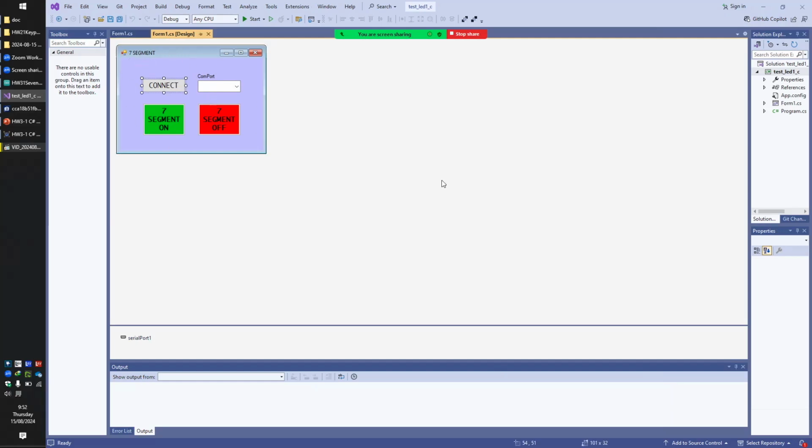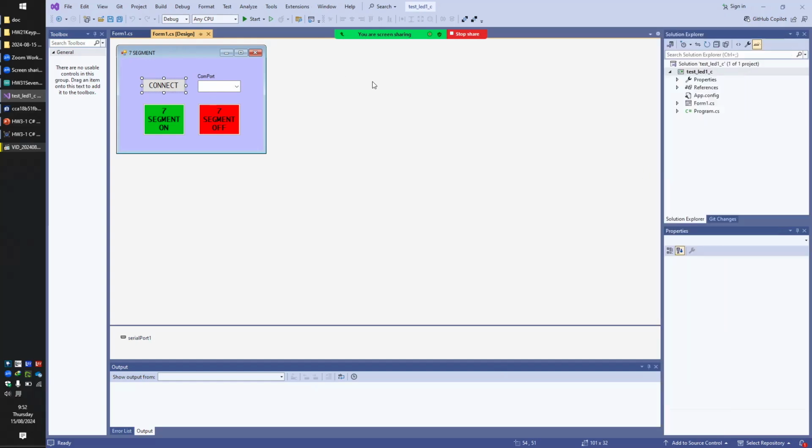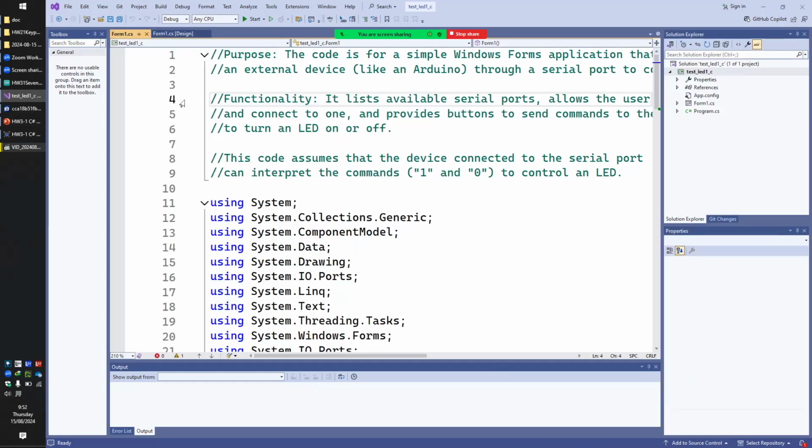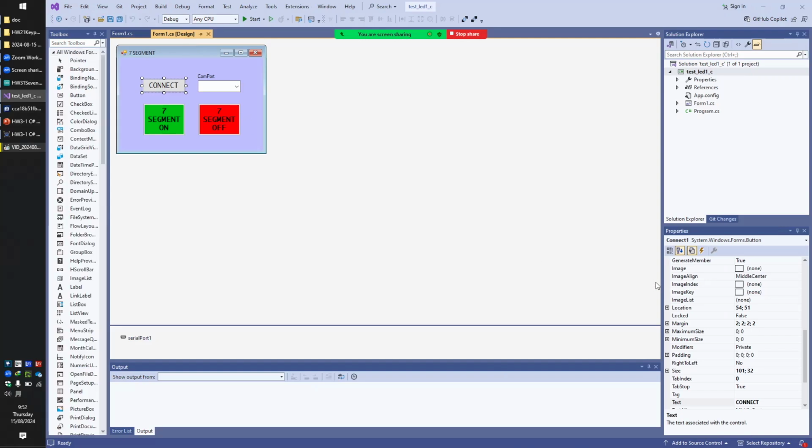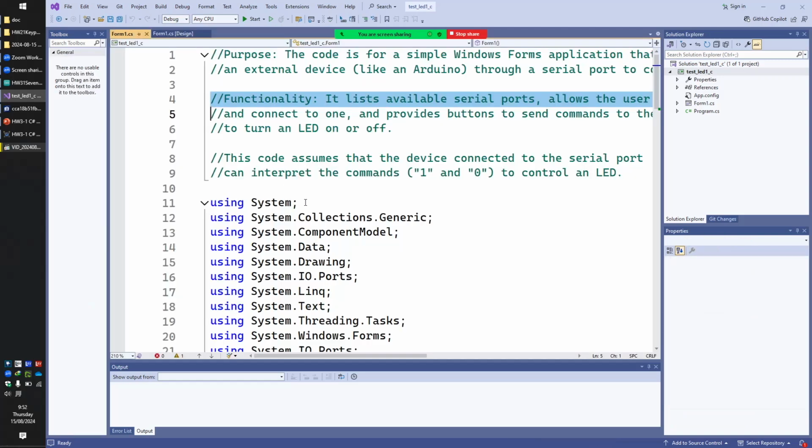This is the button connect, like that, and then this is the combo box. This is the 7 segment button on, and this is the 7 segment button off. This Windows form